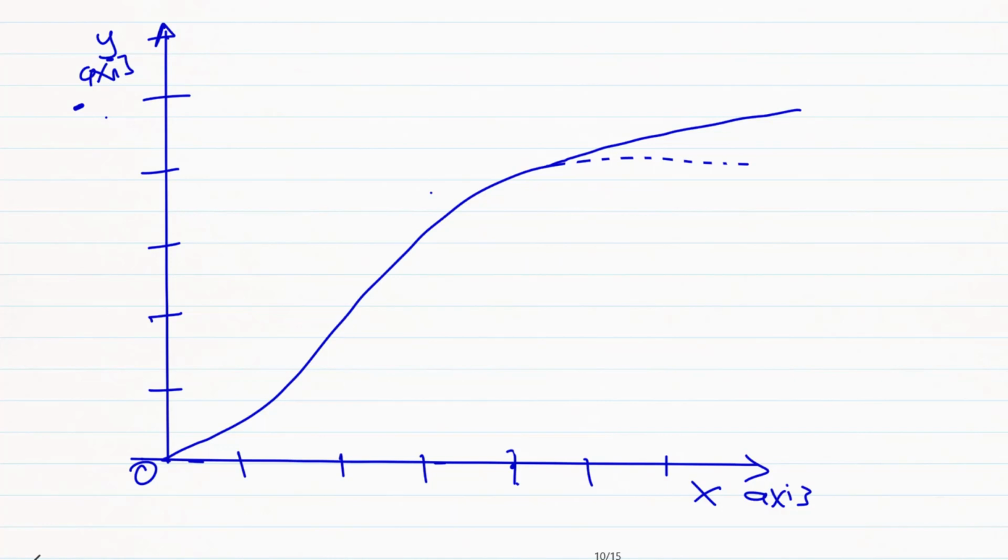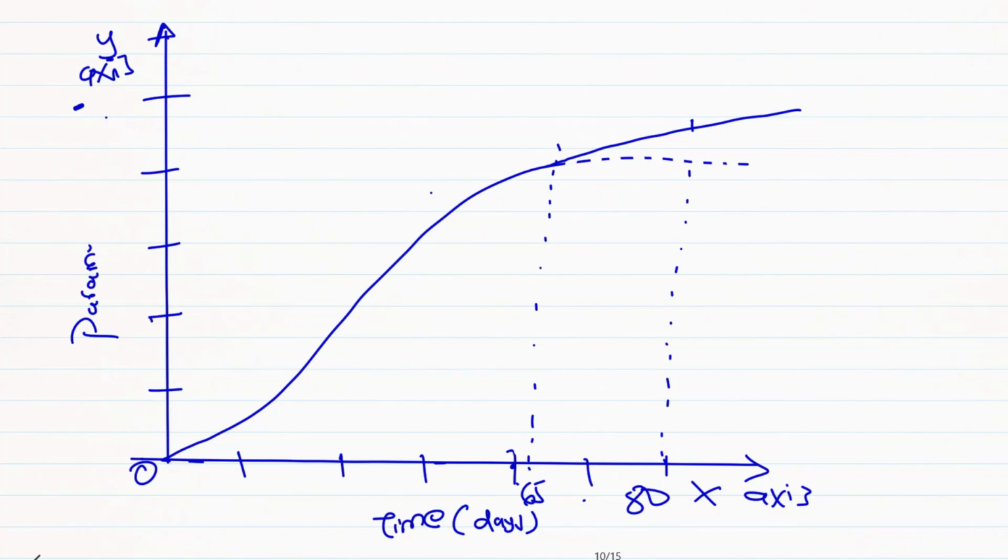So let's say at this point we have 80. So let's say this point is 80, this will be 70, this point is 65. Because this is time, let's say in days, and here is a parameter, let's say a parameter like length in meters. So when you want to get the gradient,